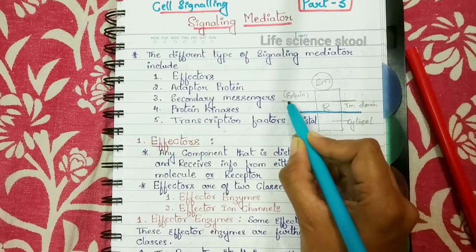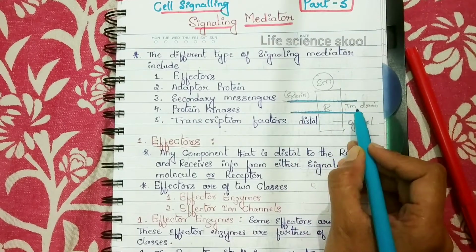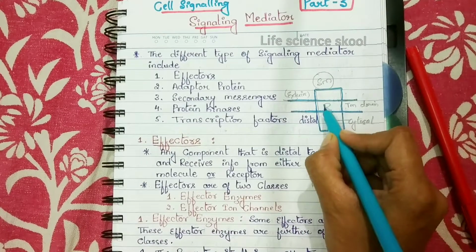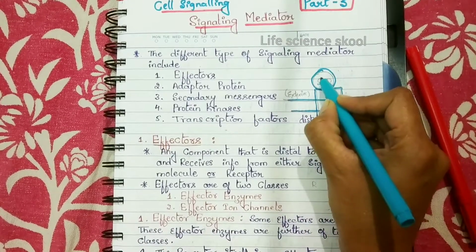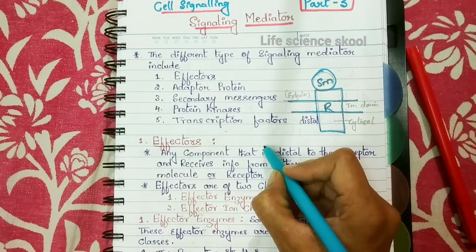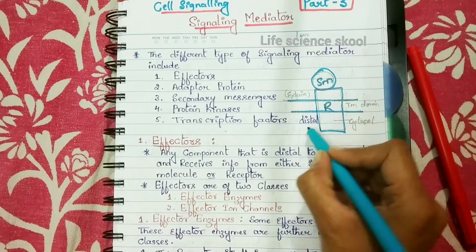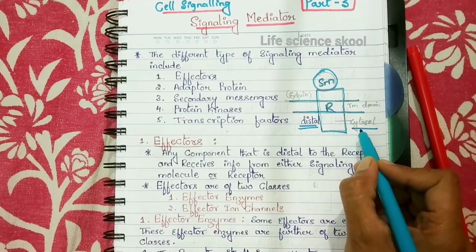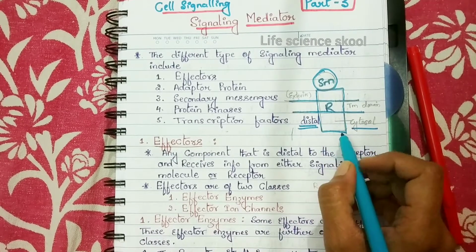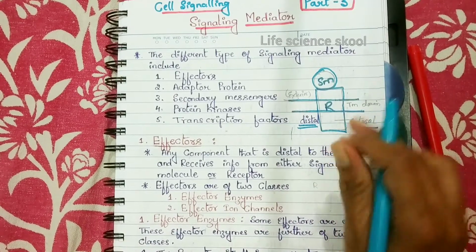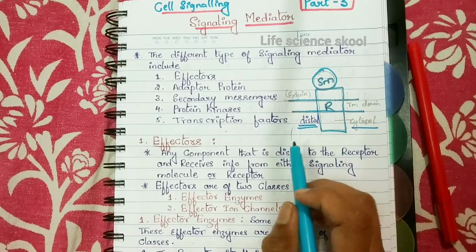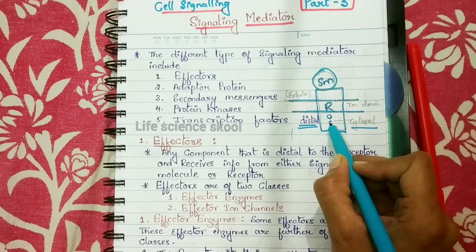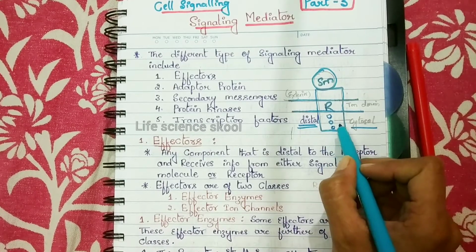This is the transmembrane or plasma membrane. This is the receptor, and this is the signaling molecule. This is the exterior region, and this part will be the distal part, and this whole area is the cytosol. So we know this here. Then we know that after binding, the signaling mediators are going to help in the transfer of the